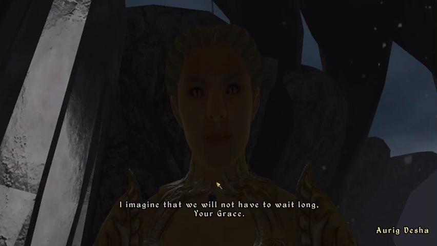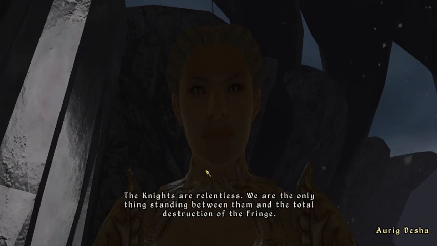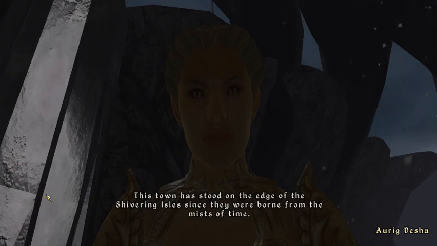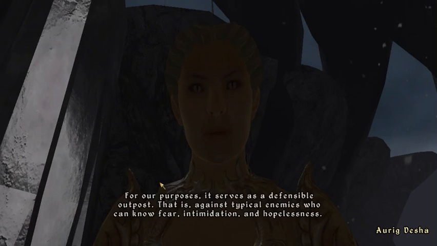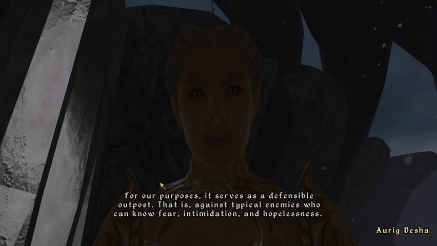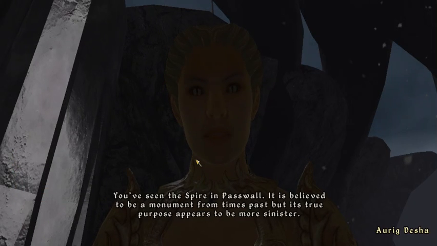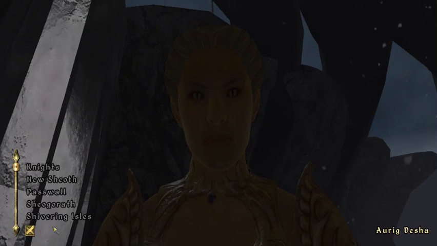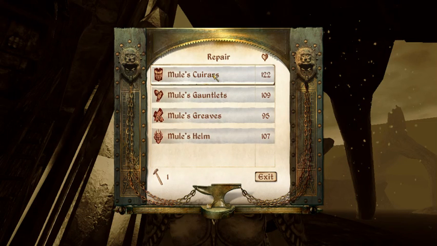I imagine that we will not have to wait long, Your Grace. The nights are relentless. We are the only thing standing between them and the total destruction of the Fringe. This town has stood on the edge of the Shivering Isles since they were born from the mists of time. For our purposes, it serves as a defensible outpost. That is, against typical enemies who can know fear, intimidation, and hopelessness. You've seen the spire in Passwall. It seems to be a source of power. If we cannot disable...